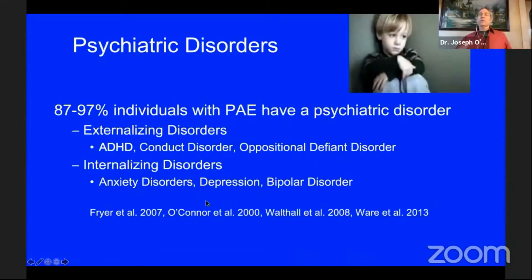So psychiatric disorders, that would be something very important for us. This is the reason why you might see some of these children in your practice. A huge 87 to 90% of individuals with prenatal alcohol exposure have a psychiatric disorder. That includes externalizing disorders, prominently ADHD, but also conduct disorder and oppositional defiant disorder, as well as internalizing disorders, anxiety disorders, depression, even bipolar. You could very easily misdiagnose a child as having idiopathic ADHD if you're not looking for